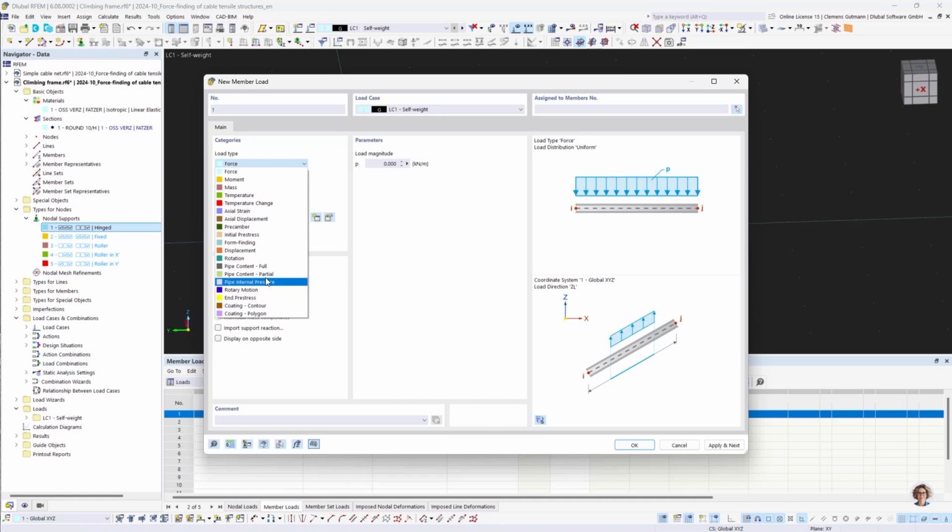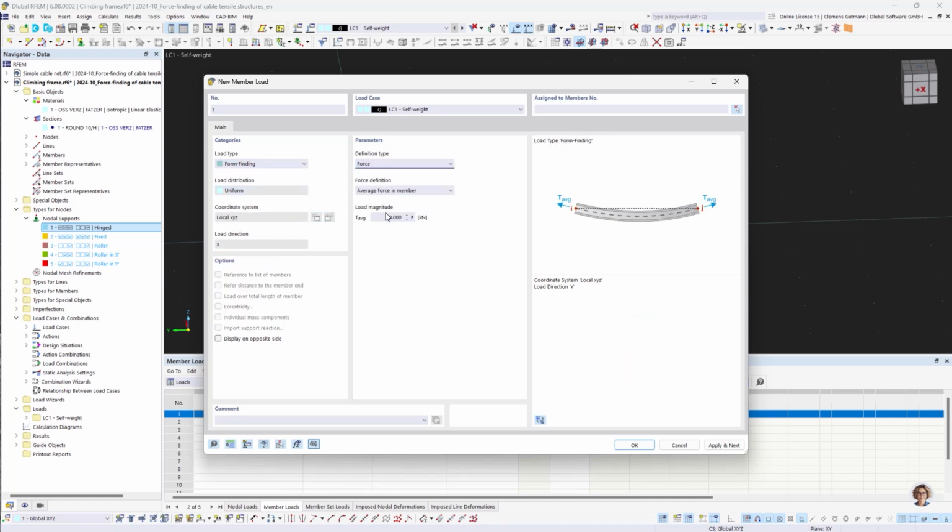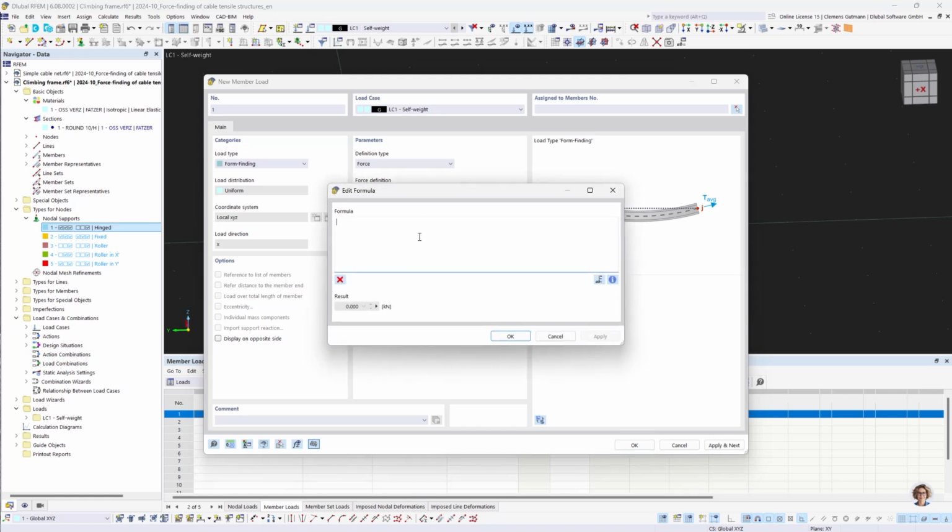I want again to assign one form finding load of type force, now with a parametrized force. So I'm clicking on that right arrow here and select the option Edit Formula. And I want the pre-stress level variable that I've just defined times the section area of the cable. So I'm typing in sections, and my cable has the section number 1, and I want the area of this, and I want to multiply this with the yield strength of the cable, which is usually 1770